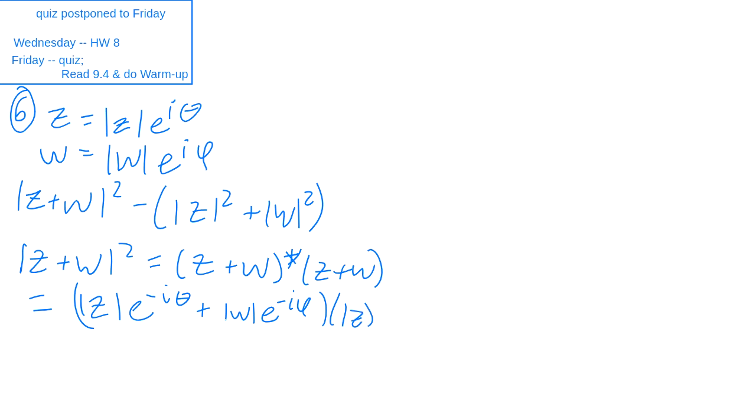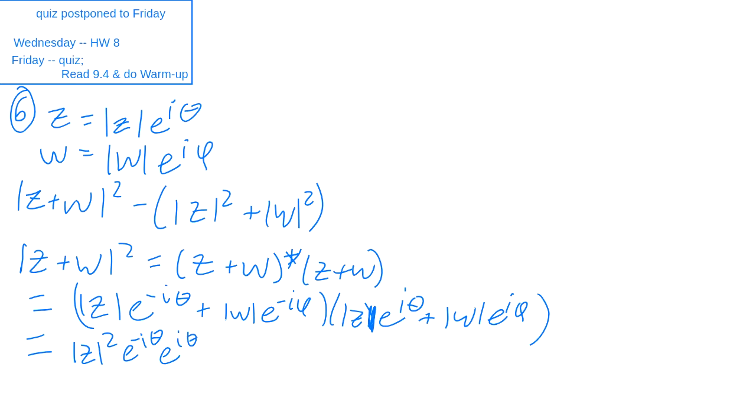Oops, that's a straight line. All right, and what do we do with this? Let's just FOIL it out. We got the product of a pair of binomials. So for the first term, we get Z modulus times Z modulus. I'm sorry, my pen's going crazy. Z modulus squared, and it's e to the minus I theta times e to the plus I theta. That's just going to give us 1, right? And then